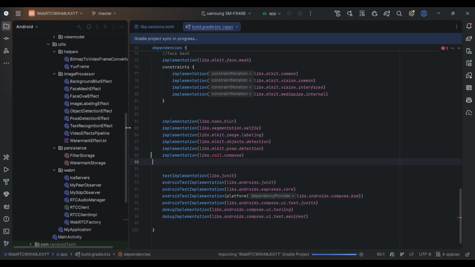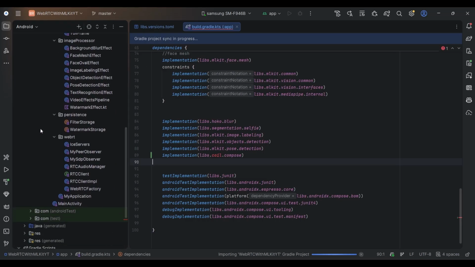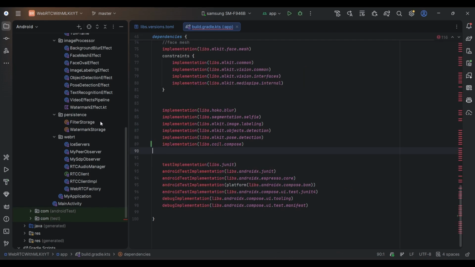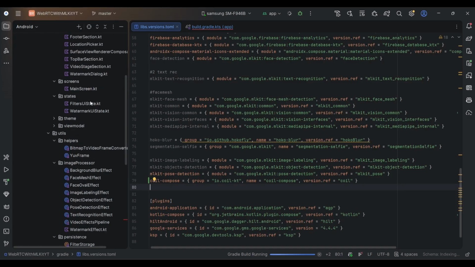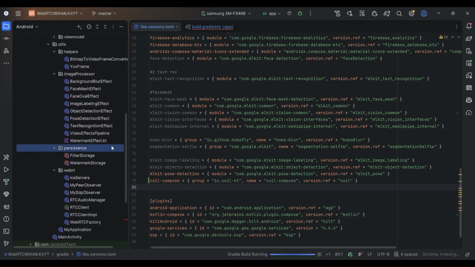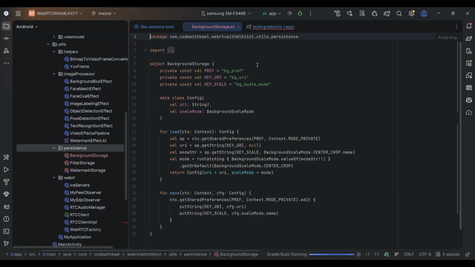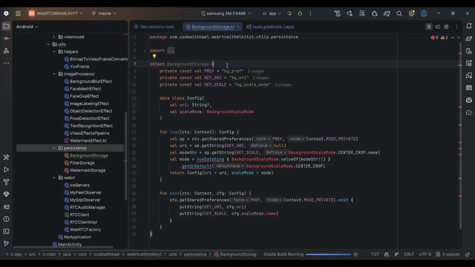But right here, rather than having only one filter storage, we want to have another dialog to set up the background image or to select the background image. Now, while we are building the application, I'm going to head to the persistence package and add my background storage. So it's working the same as the other storage. It will use the shared prefs and store the location of the URL of the image